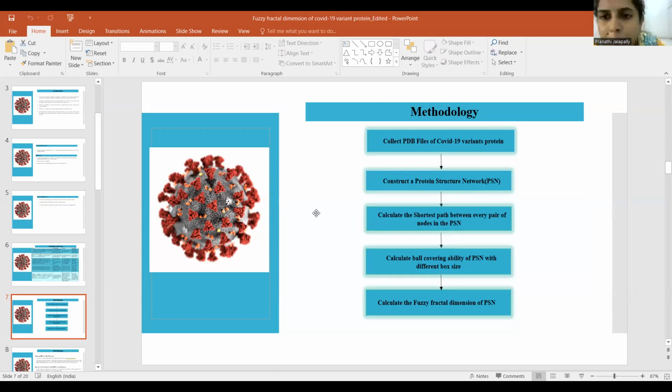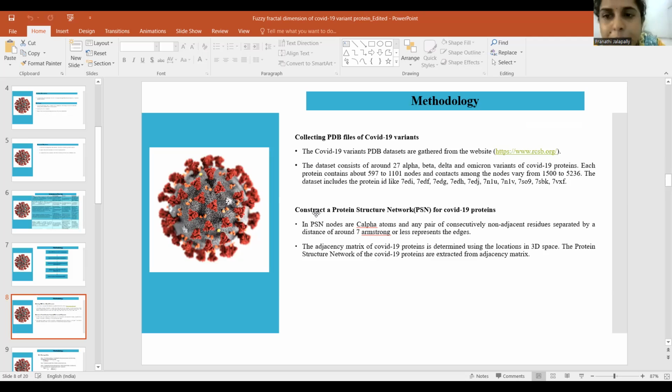Now coming to the PDB files, the COVID-19 PDB dataset was gathered from the website www.rcsb.org. The dataset includes alpha, beta, delta, and omicron variants of COVID-19. Each protein contains nodes ranging from 97 to 109 nodes, and the contacts among the nodes vary from 1500 to 5236. The dataset includes protein IDs like 7EDI, 7DF, 7ED,